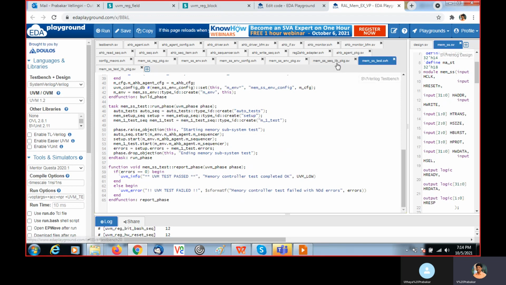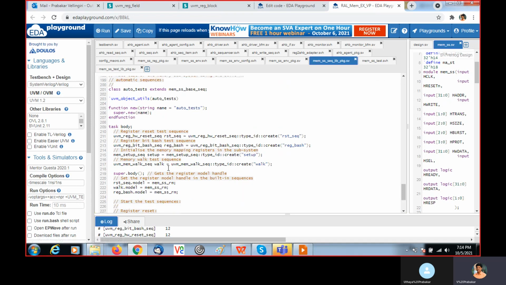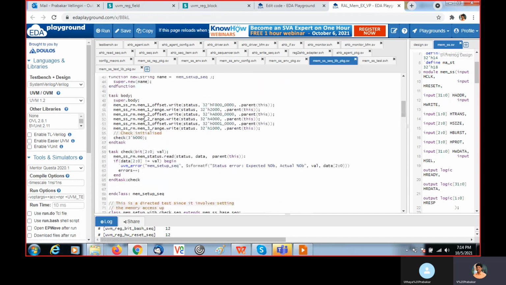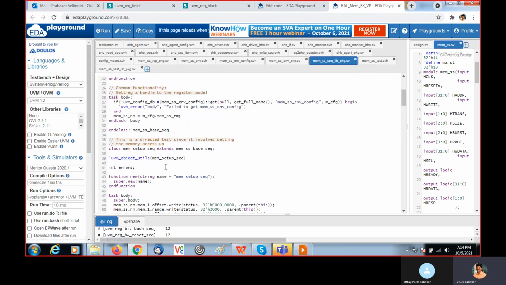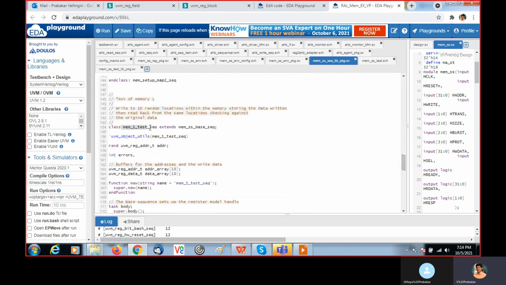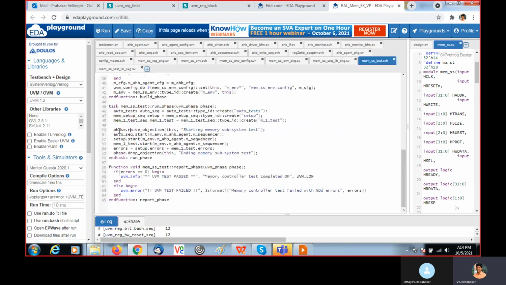The mem setup sequence is also there in the sequences. That is instantiated in the MemSS test, and then mem1 test sequence. We created the mem1 test sequence, right? This one. This is to verify the memory. Those three sequences we instantiated and created inside the run phase of the test.